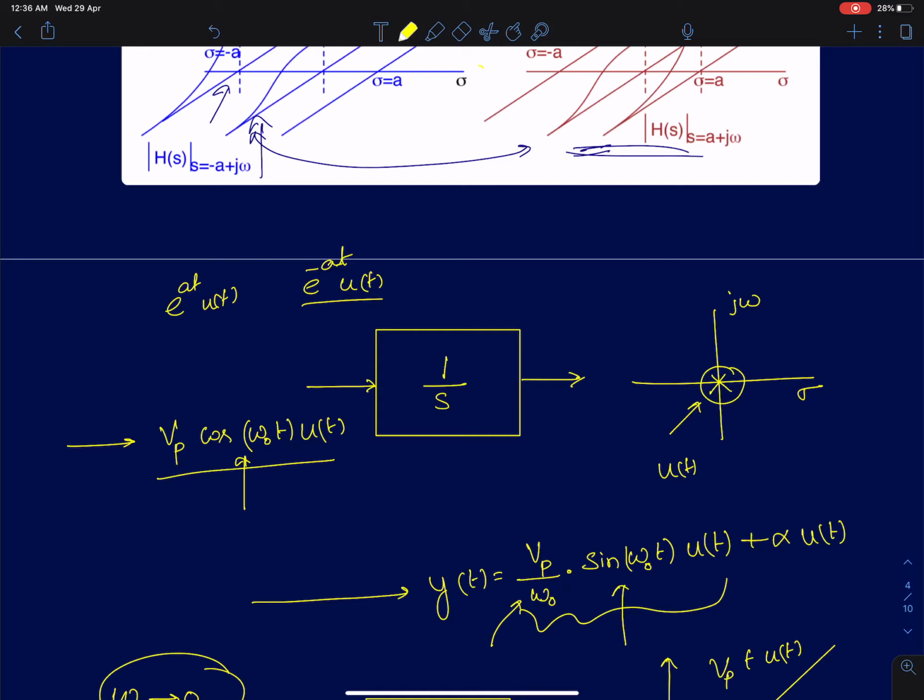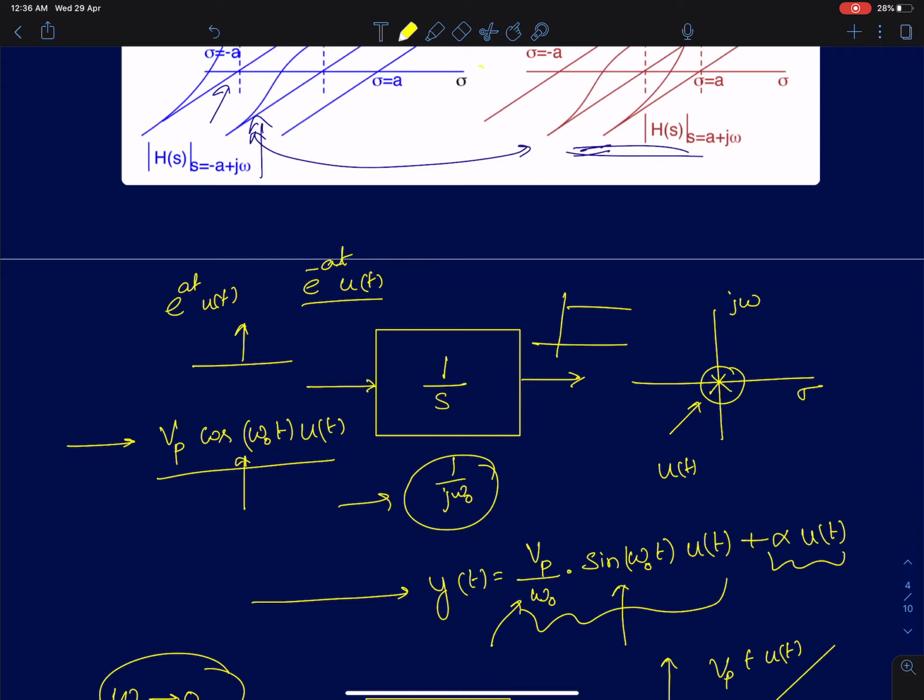Output is going to be sine because the transfer function is 1 by j omega naught. The frequency response is 1 by j omega naught, so the phase is minus pi by 2 for this. So if you fed a cos, you are going to get sine as an output. And then the natural response here is nothing but some scaled version of the impulse response, u of t, a step function. That should make sense because 1 by s is an integrator. If I feed an impulse to the system, it's going to integrate an impulse. That will be nothing but a step.